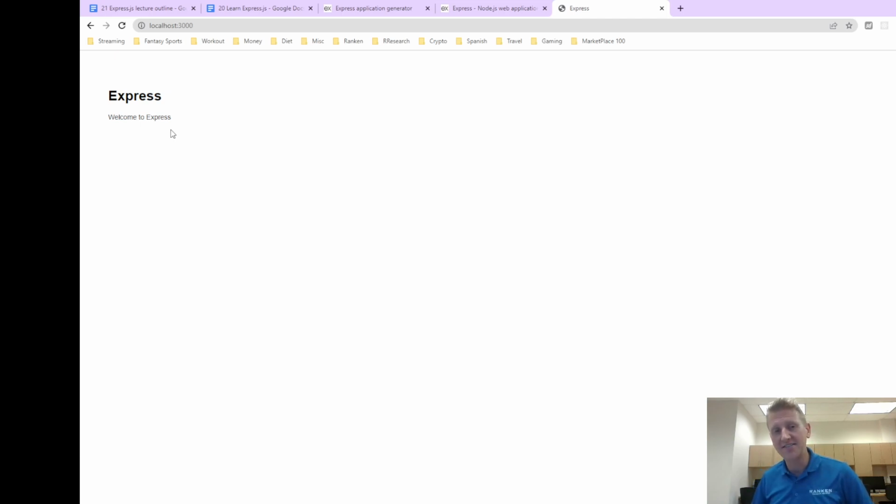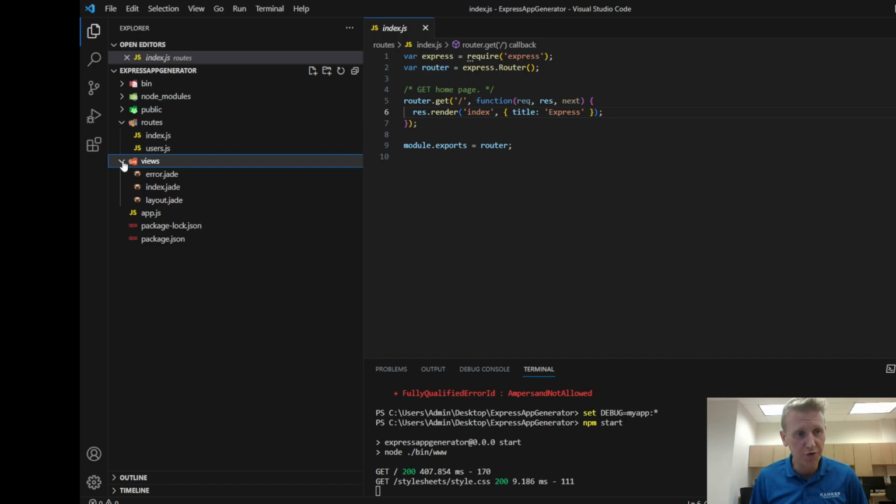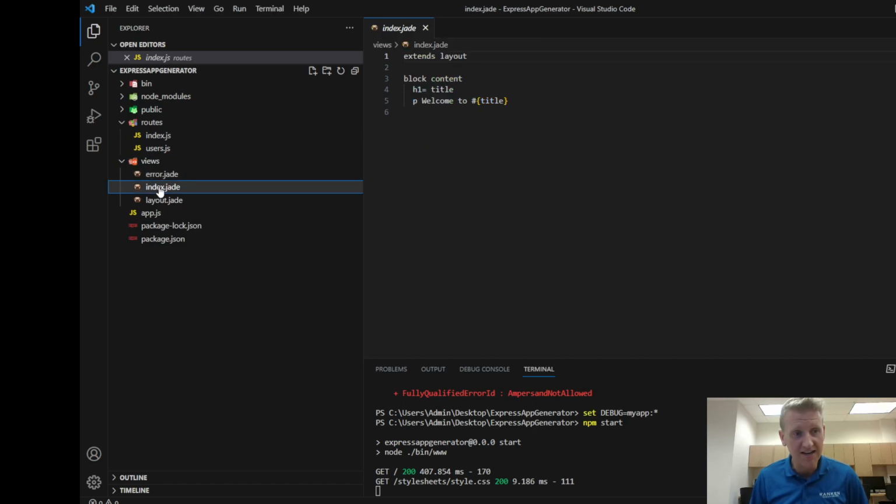This actually has a view engine built into it. And so you might have been wondering, there is a folder called views and index.jade. This Jade is a way to say, hey, I want my H1 to say something. I want my paragraph to say welcome to title. And so we're not going to be diving too deep into Jade, I don't think,